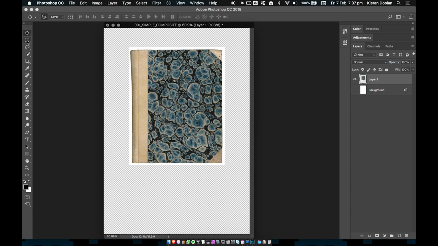In the toolbar area, I'm just going to go along and select the elliptical marquee tool. I can see that it's under the letter M there. So if I type M, I'll get the elliptical marquee. Shift M will rotate through the other tools there, which is the rectangular marquee.